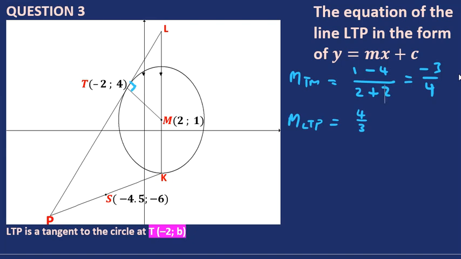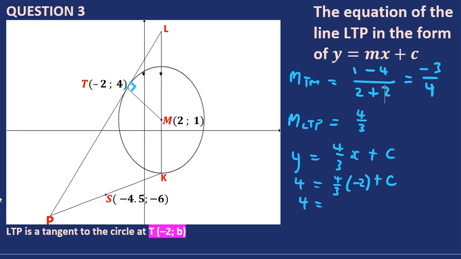So once we have the gradient of line LTP, we can substitute it into the equation. The gradient is 4/3 x plus c. Now, to find c, we can actually use T because it's the only point that we have on that line. So if we substitute the coordinates of T into the equation, of course, the y value is 4 and the x value is -2,